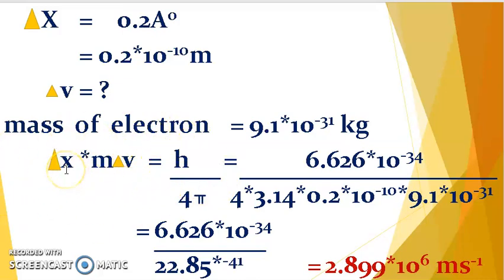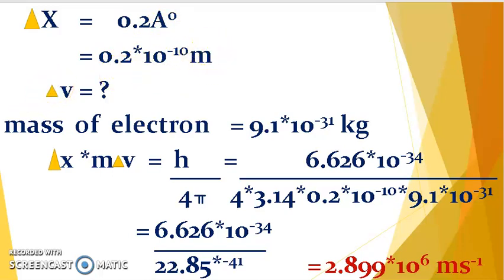Okay, what does del x mean here? Del x is the uncertainty in the position of the particle or electron. What about del p x? It's the uncertainty in the momentum of the particle. This means velocity, and this is the mass of the electron. Okay, so these are the things. So using the values they have given in the equation, del x is equal to, they have given here the uncertainty in position of the electron is 0.2 Armstrong. You have to convert the Armstrong unit to meter. So 0.2 into 10 power minus 10 meter.